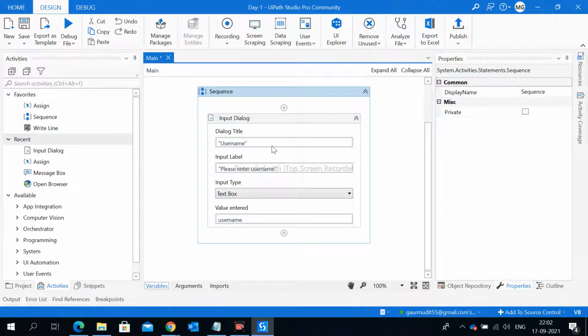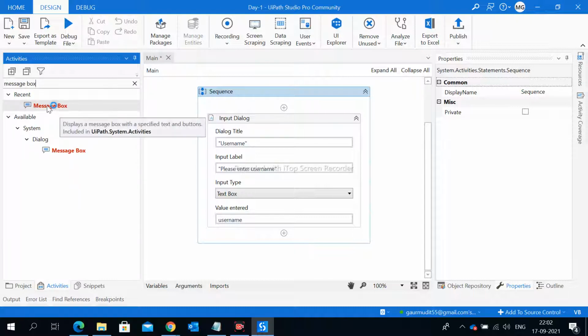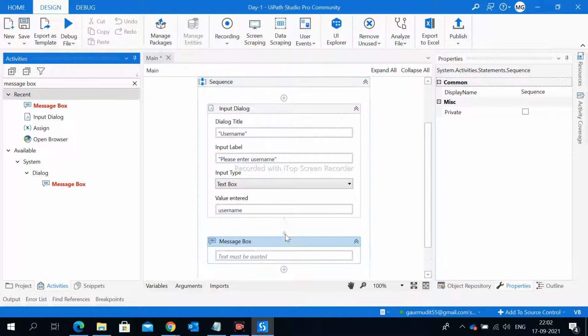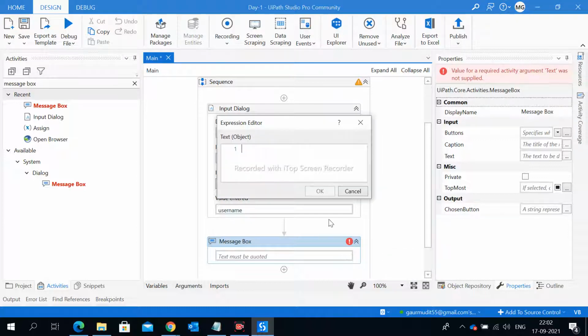Okay, so now the second thing we are going to use is the message box activity. Let me drag and drop this activity below the input dialog. Now, just look in the advanced editor.